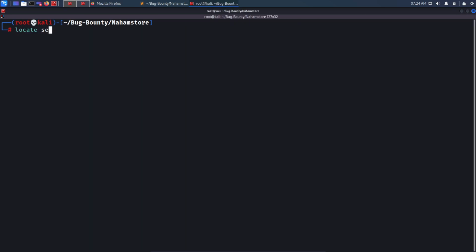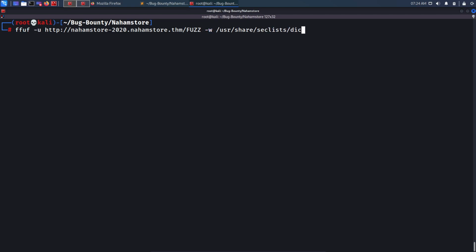So I will do locate seclists, or I believe I remember the path of this word list, which is /usr/share/seclists, and in Discovery/Web-Content I will use raft-medium-directories.txt, and then I will also look for extensions of, let's say, php, txt, zip files, html files, and backup files. So hit enter,